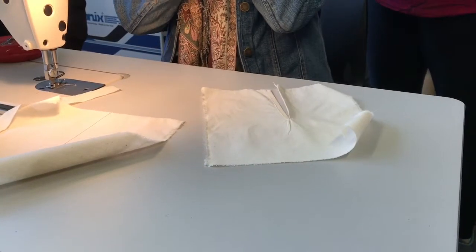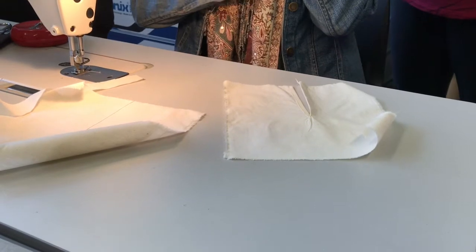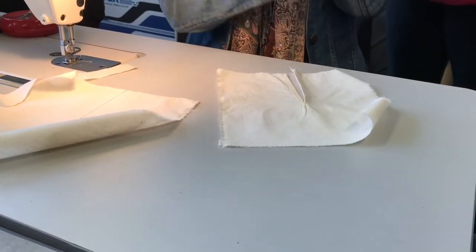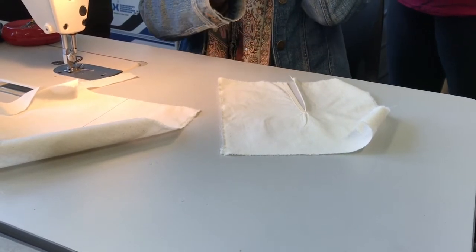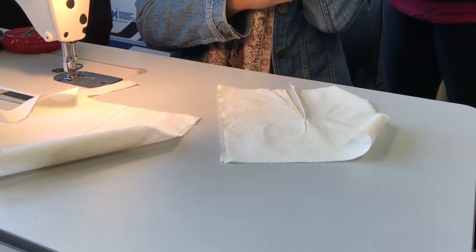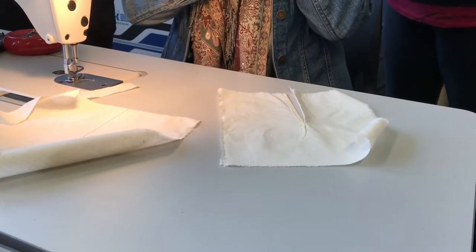It's opening, right? You're not just gonna leave this cut as a raw edge. You're gonna have those edges finished, right? Yep. So many times that's just part of this right here, but many times you won't have a seam